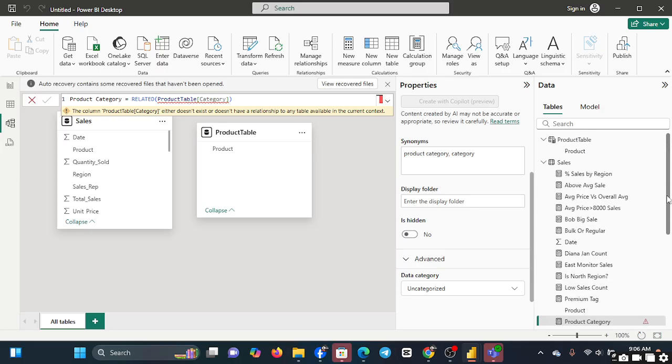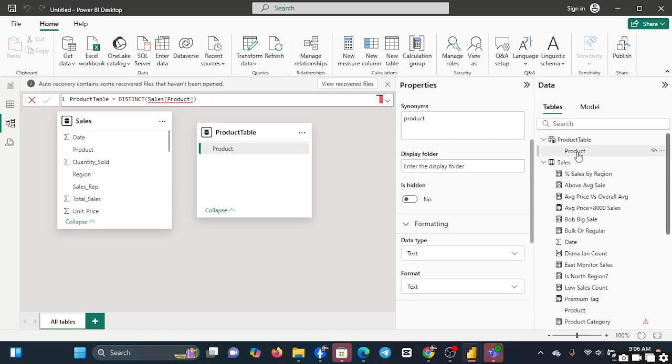Product table. So this is the table. So let's import the category inside there instead of